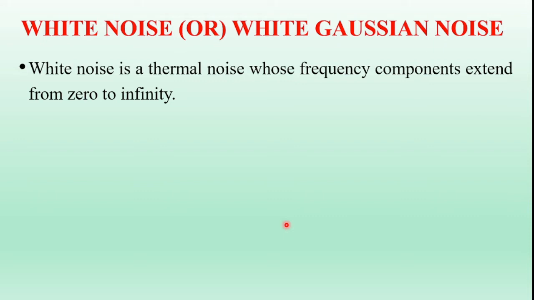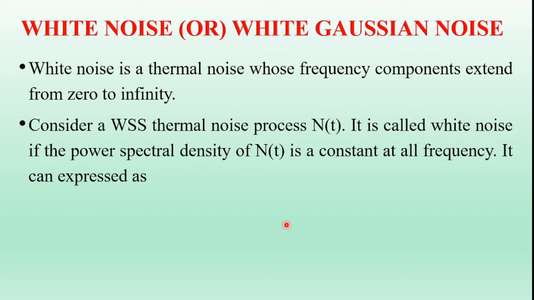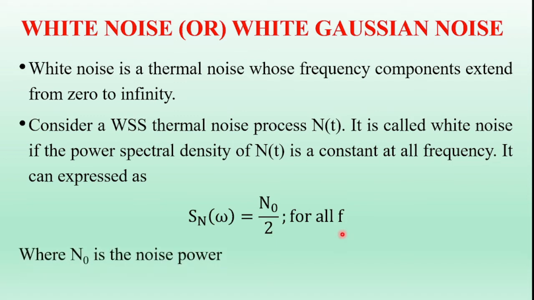Now white noise is a thermal noise whose frequency components extend from 0 to infinity. Consider a wide sense stationary thermal noise process N of t. It is called white noise if the power density spectrum, or power spectral density, of the random process N of t is a constant at all frequency components. Mathematically this can be expressed as Sn of omega is equal to N naught by 2 for all frequency values, where N naught is the noise power,